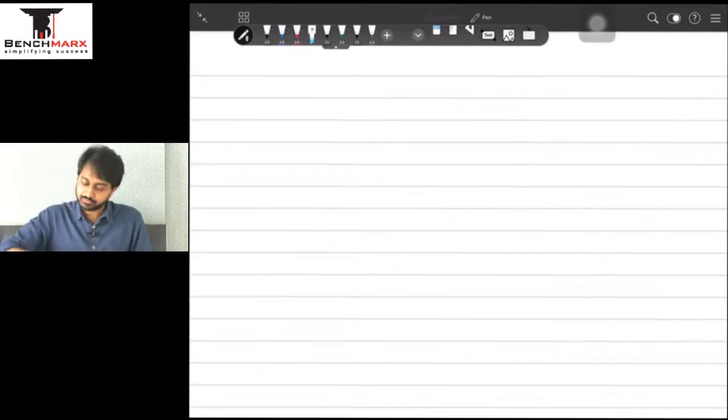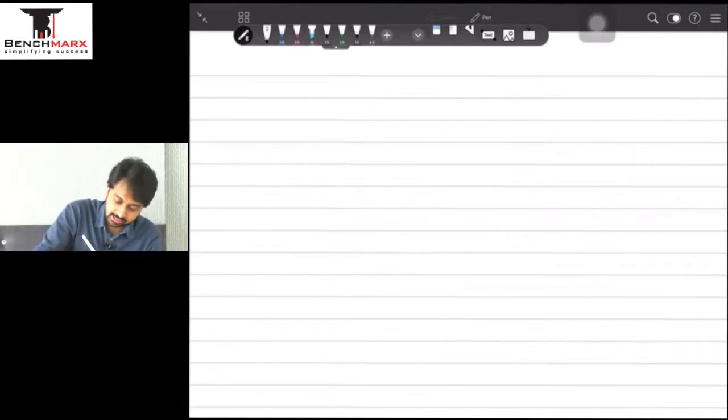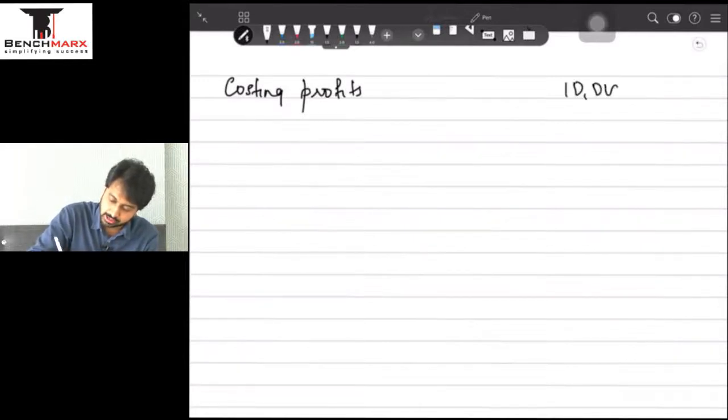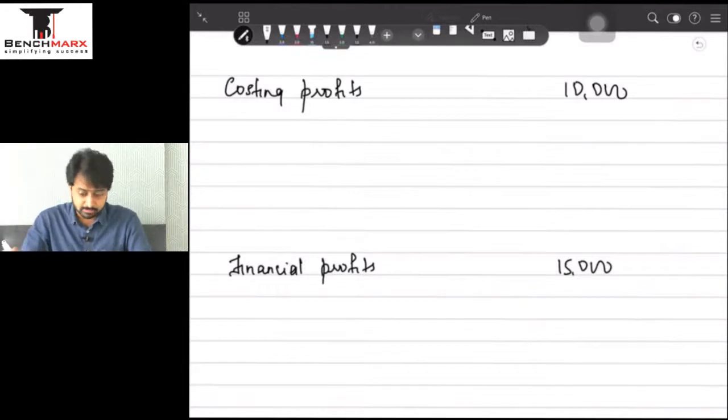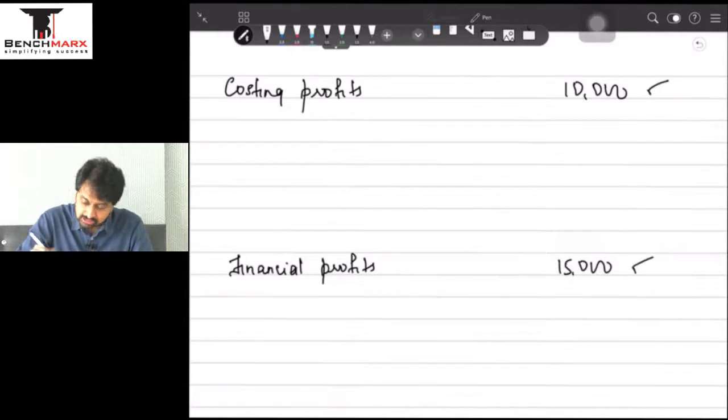सम्स करते कैसे हैं? Let us have a quick example, very small example. Suppose the costing profits are rupees say 10,000, ठीक है, and the financial profits or the profits as per financial records, the financial profits are चलो maybe 15,000, बराबर. Now I am not saying 10,000 is wrong or 15,000 is wrong. I am saying 10,000 is correct using costing principles and financial profit of 15,000 is correct because they have used accounting principles. कोई भी चीज right नहीं, कोई भी चीज wrong नहीं है. Why is there a difference? Let's take examples.